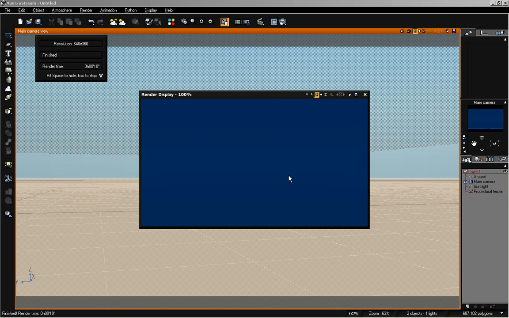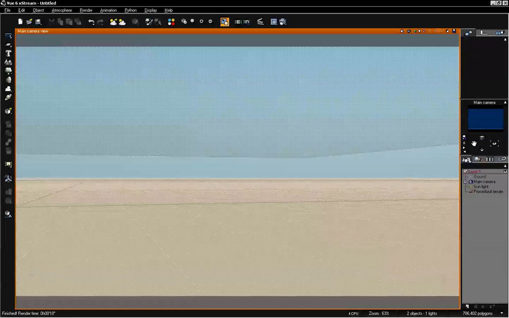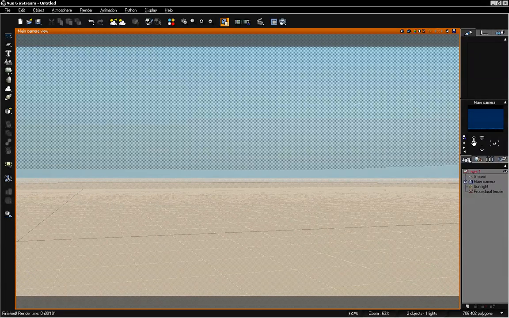But whether or not you can tell, you can still see the box for our terrain. So that's not something that's really going to be practical if you want to look into the distance underwater. So these procedural terrains can really kind of limit you based on overall scale of your scene and how far